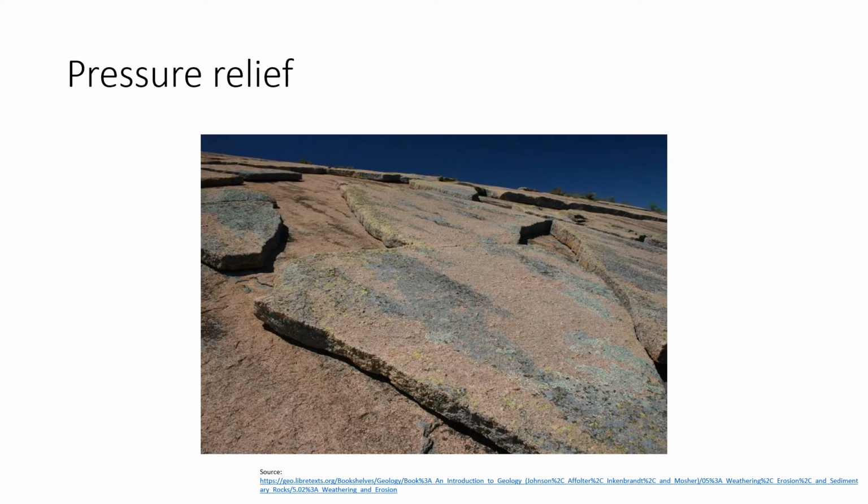So another neat thing that can happen with physical weathering is pressure relief, and we'll often call these exfoliation domes. And I guess technically an exfoliation dome has to have that dome shape to it. We talked about Stone Mountain and the granite there before. If you happen to spend any time there, there's actually a cave at Stone Mountain. It's not a limestone cave though because it's granite, but it's what's called an exfoliation dome.